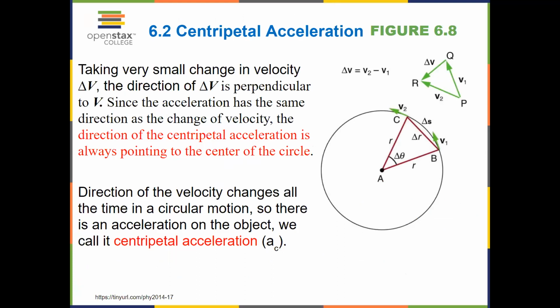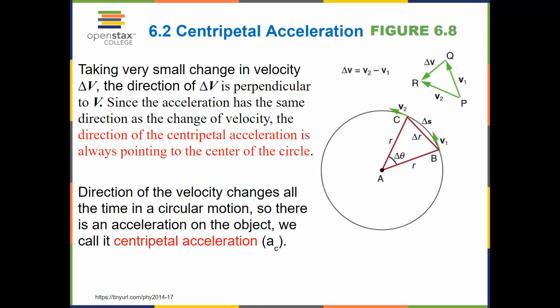All right. So we have checked the displacement, we have checked the velocities, and now we are going to take a look at the acceleration. For the angular acceleration, in this case, we will call it centripetal acceleration, because the direction of the acceleration here is always pointing towards the center. You can see that by thinking about if the change in angle is very small. If this is very small, then for the change in velocity, you can move these two vectors parallel over. So it's kind of zooming in on the velocity vectors here, and you can see this delta v. If the angle is very small,